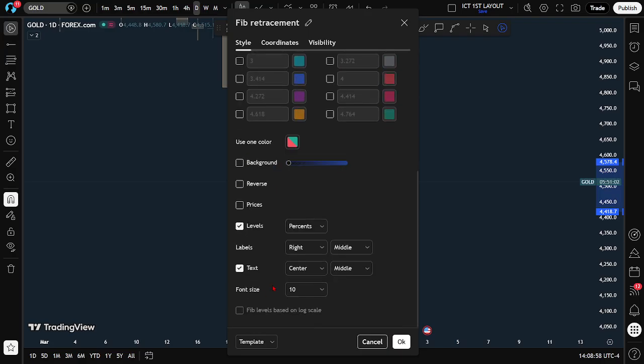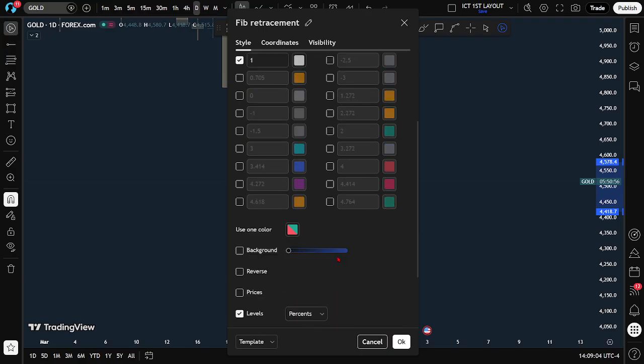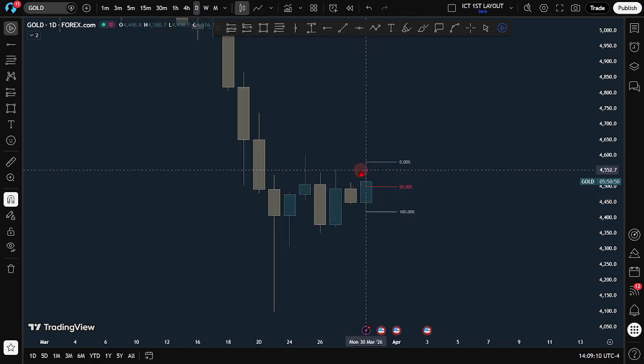Okay, then I think you can copy everything that you see here. Okay, you can choose the font size that you want. Okay, and I think after doing that, you need to what? Save it. Okay, and mine is saved as premium and discount. Okay, so with your Fibonacci settings done, and you've marked the 50% level of your daily candle,